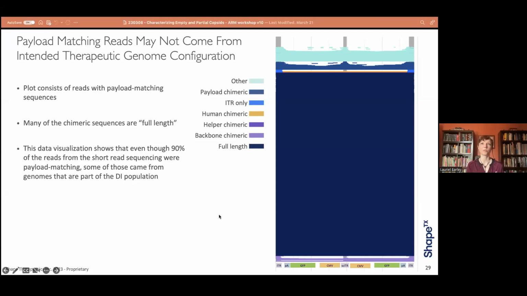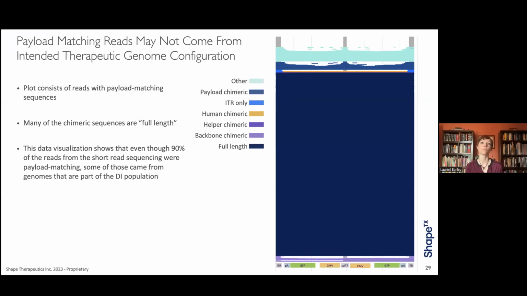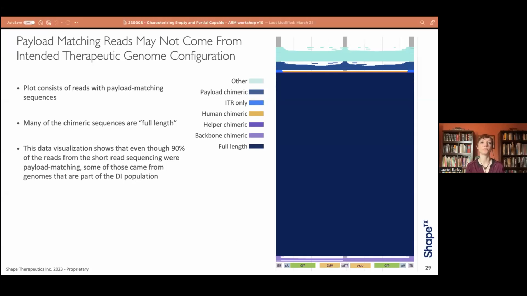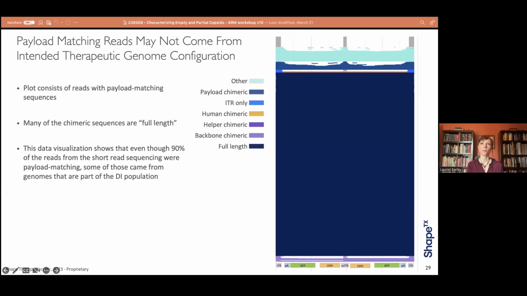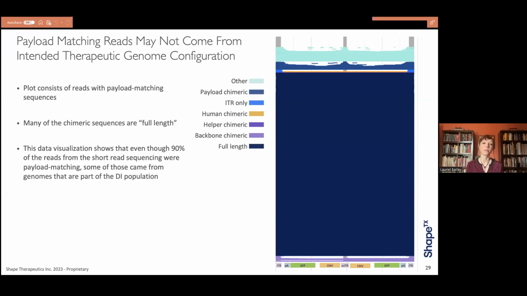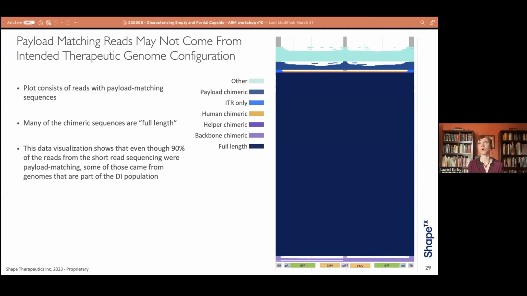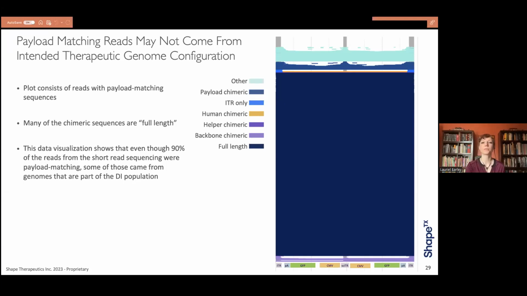And so this is giving us more insight into the structural information around where some of these contaminant genomes are coming from. And I'm going to emphasize again here that even though these are a very small portion of the population, some of these non-payload species are very long and could be considered full length. And so they would be very difficult to remove with current purification technologies that often go based on density or size of the particle or charge. So I think these are important to characterize in your prep.